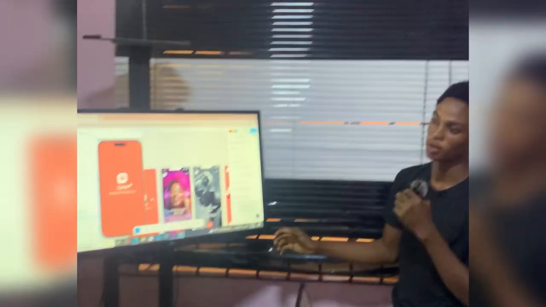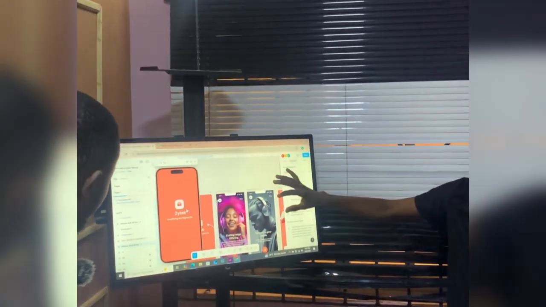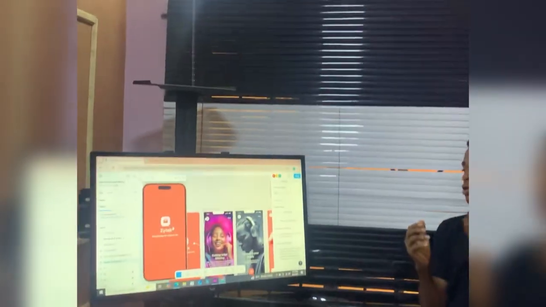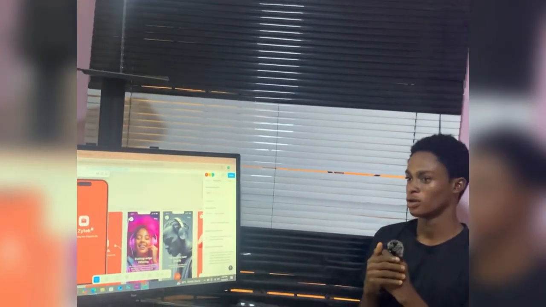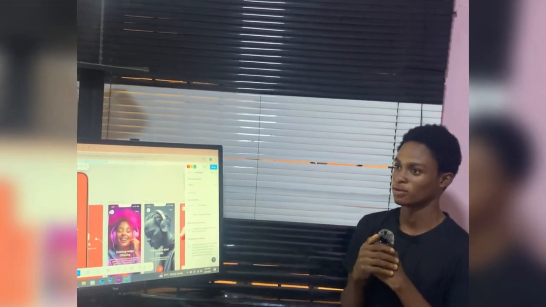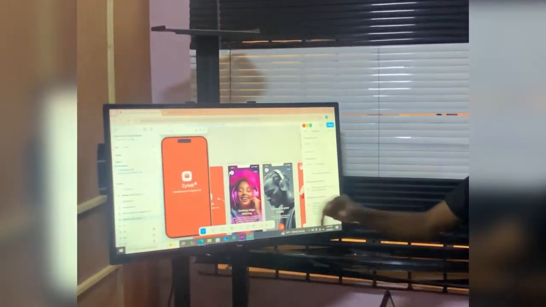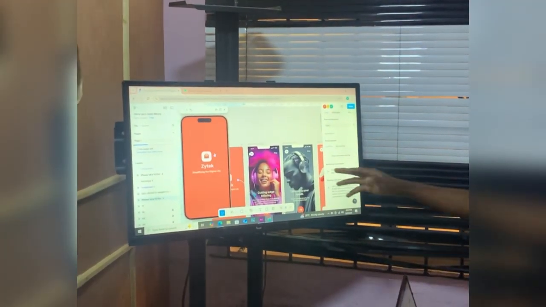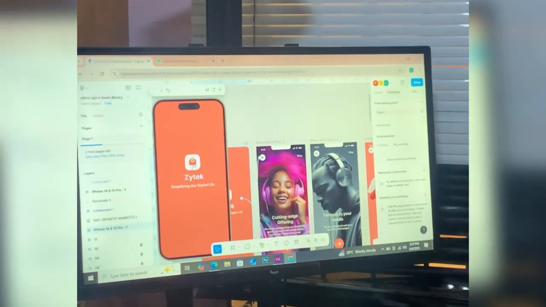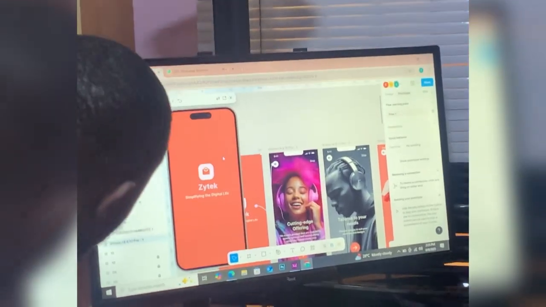So we worked on a project which is mostly used for digital, like when you want to order something mainly digital, like maybe you want to get an AirPod, a digital wristwatch, a charger, mostly digital. So the name of the project we worked on, the name that we gave it was Zytek, which is simplifying digital life.